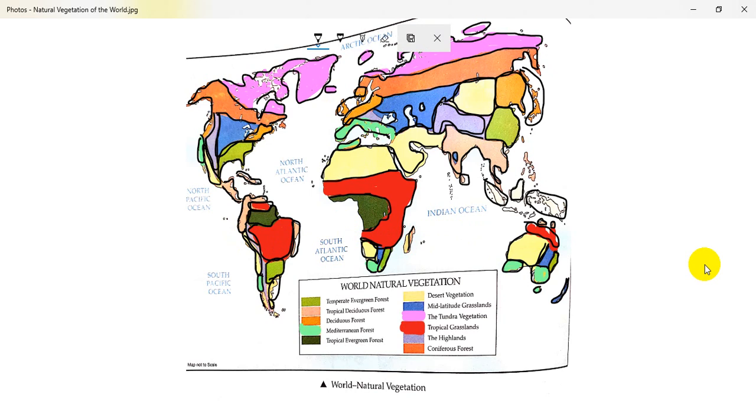So just follow the video for the explanation of the type of natural vegetation that prevails in the entire world. In the description, there is no extra specification given about the highland because it is a connected part of the grassland in our topic as per your book, and it is given in the map, so there is no other writing part for the highland. And no need to draw the map or paste the map in your copy now. Just follow the video for your explanation part.